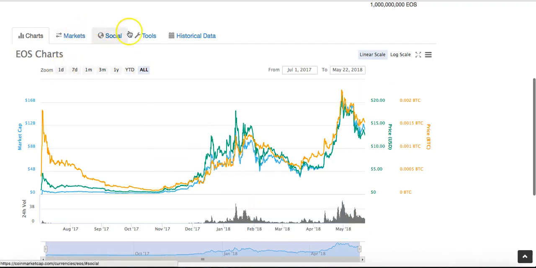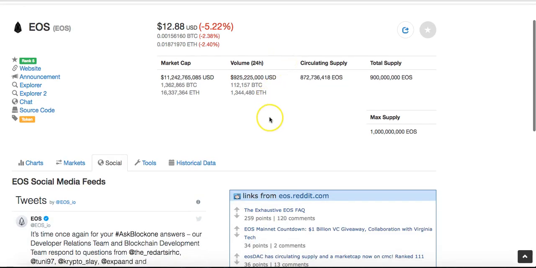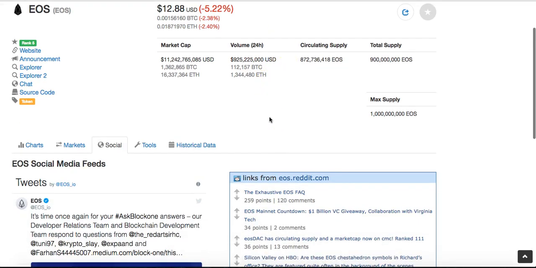And it will have stuff like the social. A lot of these coins and tokens are quite active on social media, updating you on their projects, telling you what they're actually doing, because a lot of people don't know what they're doing. They just jump on the bandwagon, see it's up 30% and think, yep, great, but they don't actually know what the project does. So it's really important to actually read up on what they're doing, because you might think, oh,